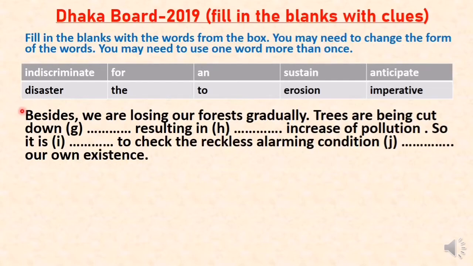Rest of the lines are: besides, we are losing our forests gradually. Trees are being cut down, D number, dash, resulting in dash increase of pollution. So trees are being cut down again and again. So for this word again and again, we are supposed to use the word indiscriminate, and to make it an adverb, we are supposed to use ly. That means this suffix ly is added over here to make the word indiscriminate into the adverb. So indiscriminately resulting